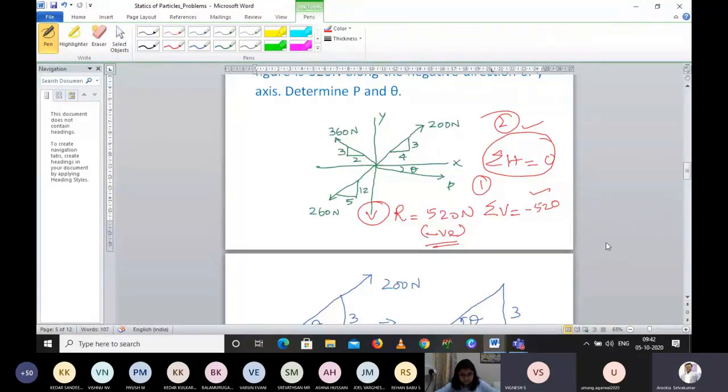Sir, it's summation of vertical forces is 0, no, sir? Hey, what happened, boy? Then how will the resultant be? Otherwise, how will you get the vertical value for it? Horizontal is 0. The summation of the horizontal force is equal to 0 means the resultant will come in the y-axis, boy. Oh, yes, got it. Sorry, got confused. No problem. All these things will happen.